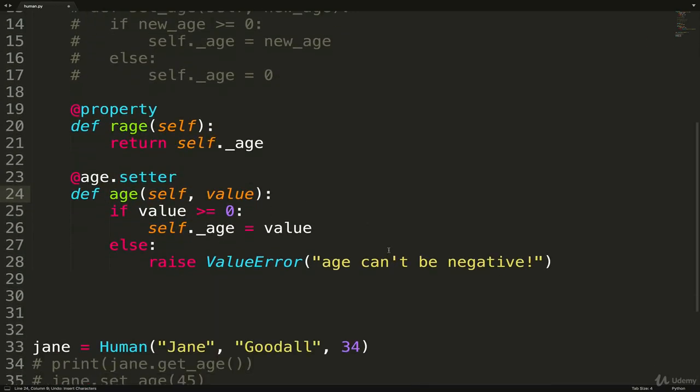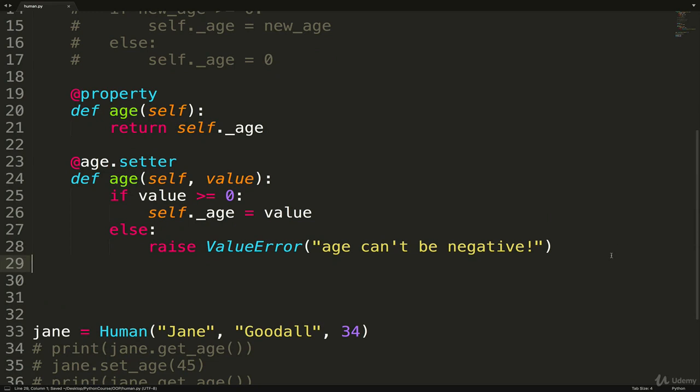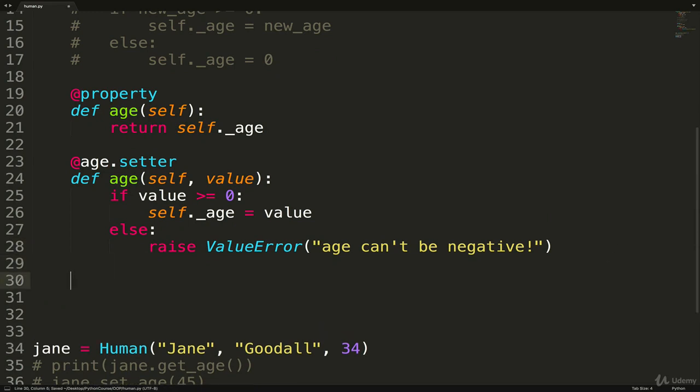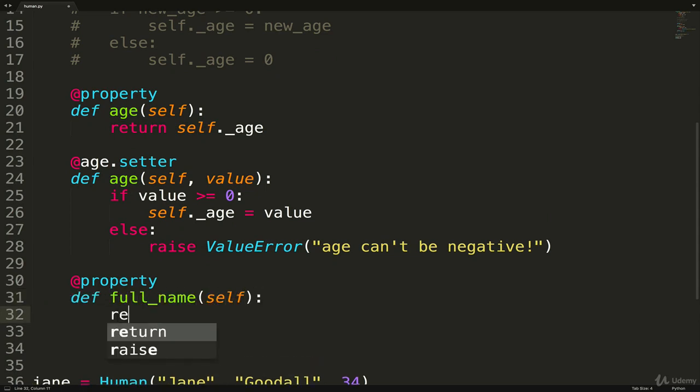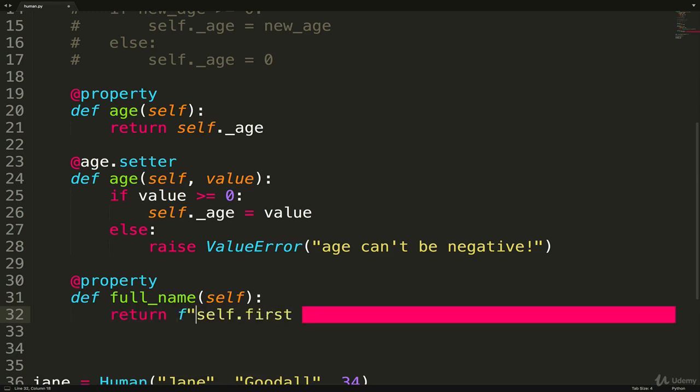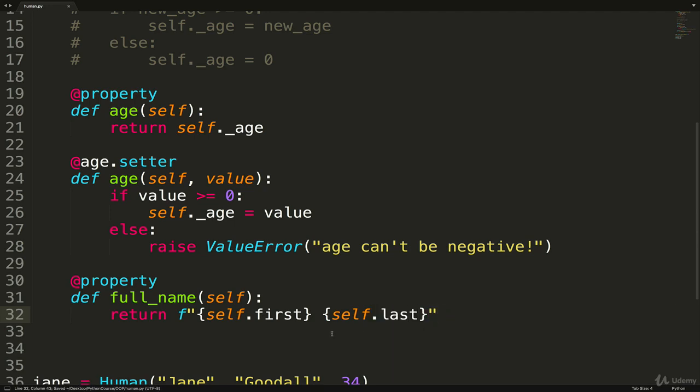We could make a property for, get rid of the rage there, full name. So we could do @property def full name self. And then we could just have it return, let's do an F string like this, self.first space self.last.